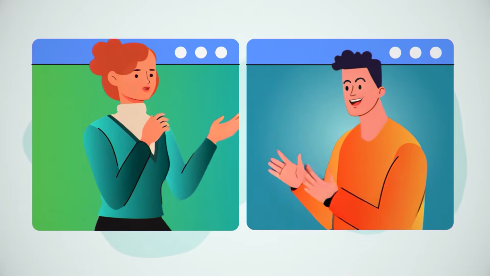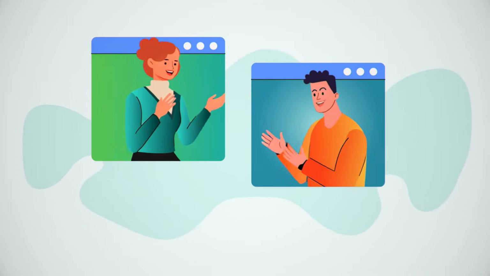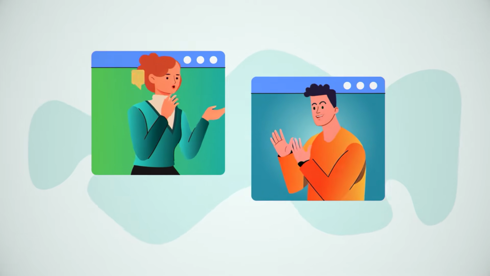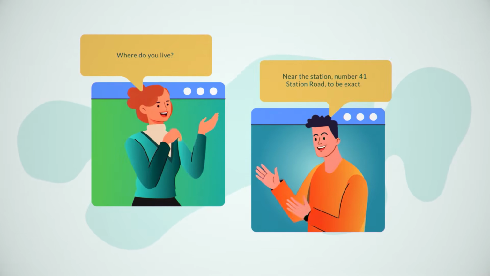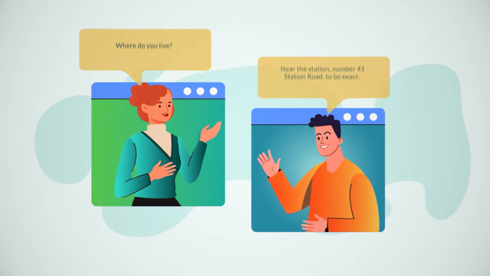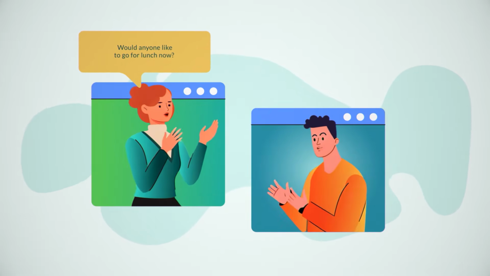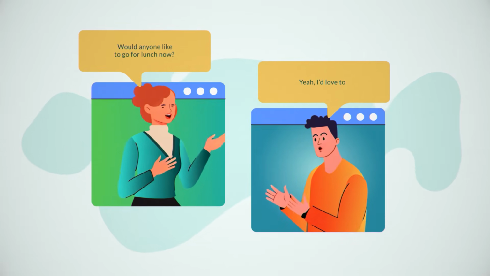A question is anything we write or say which requires a response. In writing, questions are usually followed by a question mark. There are two main ways to ask for information: using auxiliars or using WH words. Auxiliars, auxiliary verbs, or helping verbs, are used with main verbs to form questions, tenses, negatives, and expressions of ability